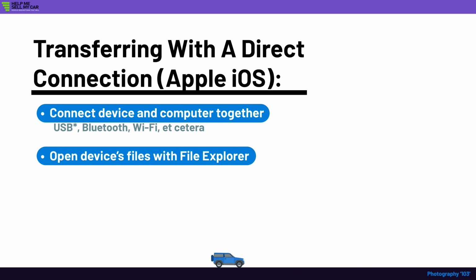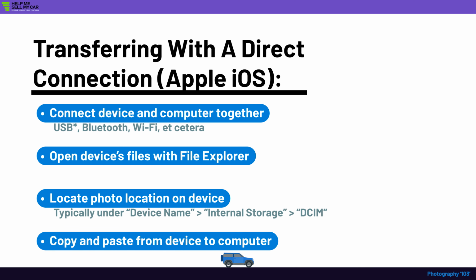The process to transfer files from an Apple iOS device to a computer is virtually identical to an Android device, so we won't go through the whole process again. The only major differences are that you may not have to enable file transferring on your device, and that you should be able to go straight to your photos through your File Explorer by opening your device, then go to Internal Storage, then DCIM. Alternatively, you can use iTunes to transfer your files by selecting your device within iTunes, clicking the Files tab, then checking the appropriate boxes for the files and folder on your device before clicking Sync to start the transfer. iTunes has its own sync folder, so you'll need to find it before you can list your